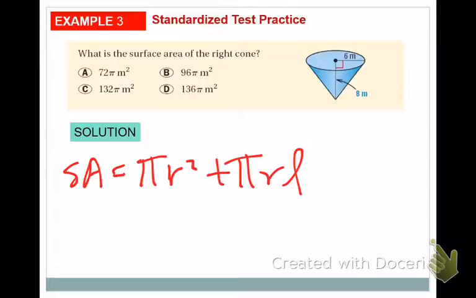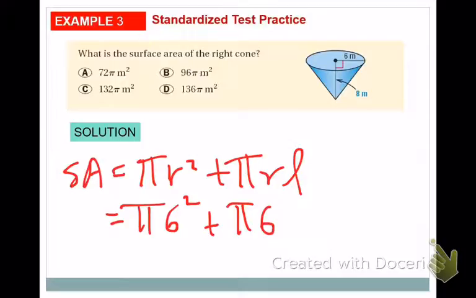So that's going to equal pi times the radius, which is 6, squared, plus pi times the radius, 6, times, okay, then the slant height. We need to find, we don't know what L is, it's this distance, okay, but I have that triangle, right,